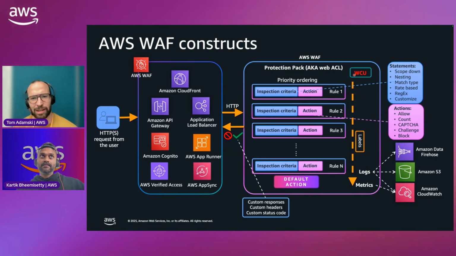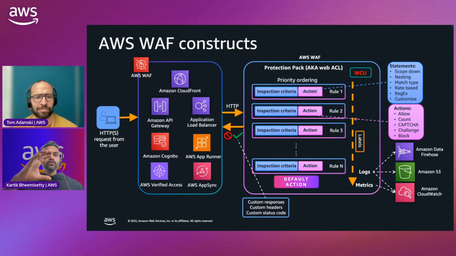One more important thing, something in the WCU section, which I missed covering. WCUs are WAF capacity units. Remember, by default you get 1,500 WCUs free of cost, and anything more than that, up to 5,000, has an additional cost. This matters especially if you're using rule groups. We talked about rules, and there's another concept called rule groups. What you can do is create a bunch of 10 or 15 different rules which can be applied across multiple production packs.